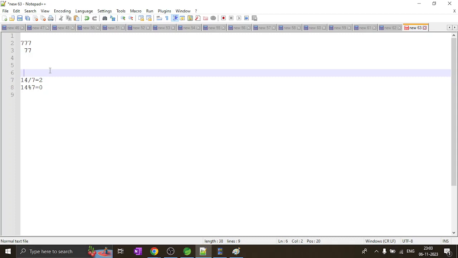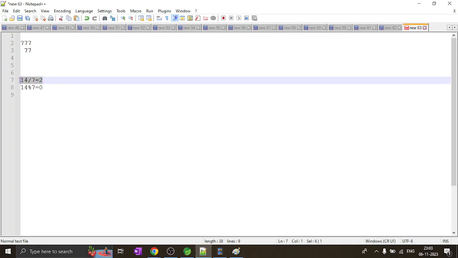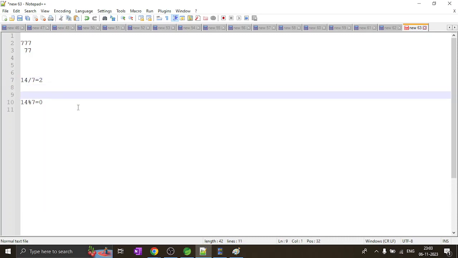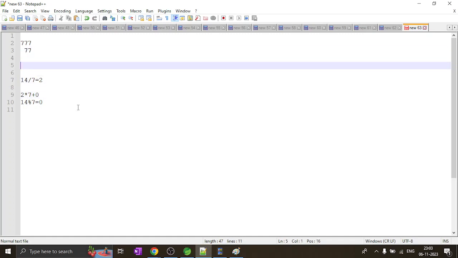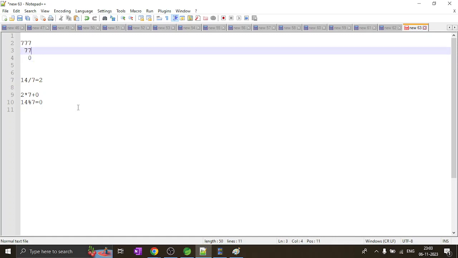So 14, how do we represent 14 in terms of 7? 14 is 2 times 7 plus 0. So we can have 0 here and we can carry forward 2, because this number is 2 times,